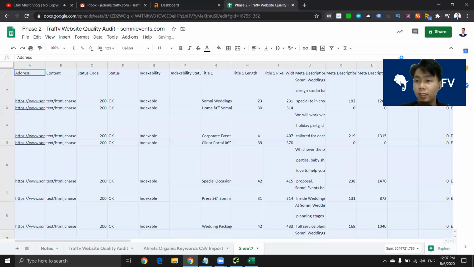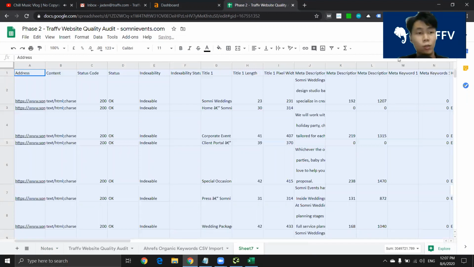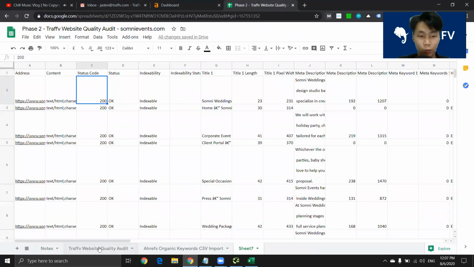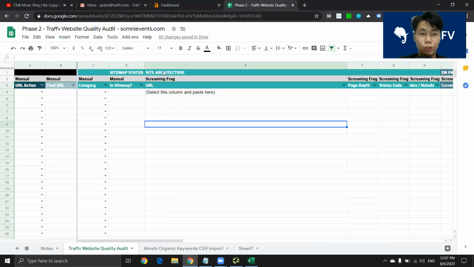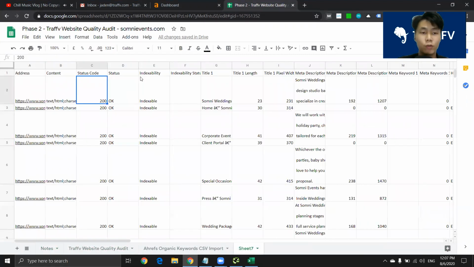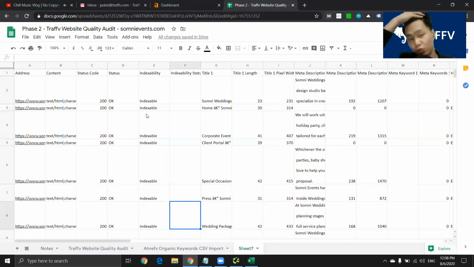Okay, so once this is done, I'm going to move my face here. Once this is done, as you can see over here, there's a few columns. Screaming Frog gives you a lot of data to work with. Now, you do not need every data, because like I mentioned earlier, you don't have to spend so much time doing the audit. You just want to show the client the most important factors that will really help them increase their